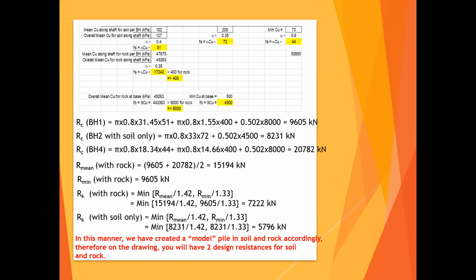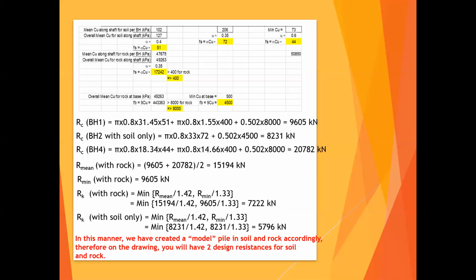For the characteristic resistance with soil only, this is reduced further, because you notice the mean and the minimum are the same, because we only have one borehole showing soil. But because the correlation factor is higher for the mean, you end up with a lower characteristic resistance for the soil, which is 5,796 compared to the 6,000 over